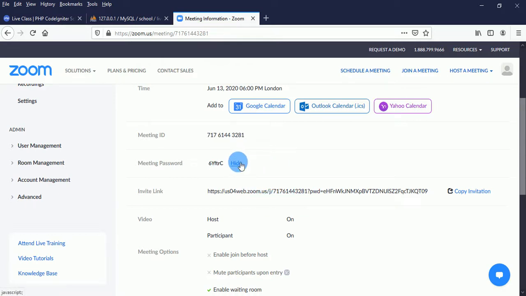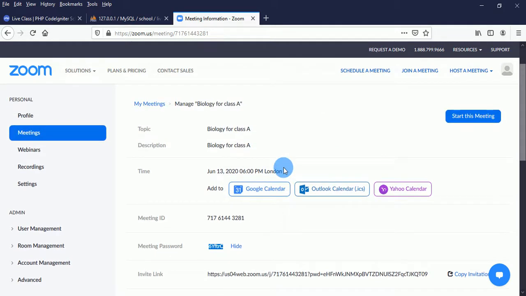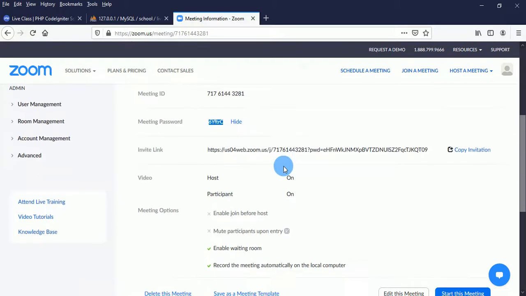Once you send this link to the participant, of course, before they could join the meeting, they would be asked to supply the password, and this is the password. Because when we were creating the meeting, I